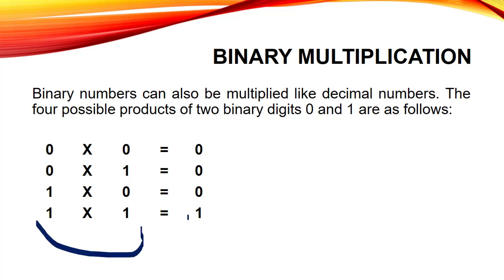Fine. Next we have 1 multiplied by 1. This 1 multiplied by 1 will give a result of 1. Fine. So only in this step will we get a result of 1, whereas for the remaining 3 our result will be 0. Fine. Now let's do some questions. Well, this time I am not using a paper and pen. Because of some technical issue, we are discussing these questions with the help of a PPT where I have already solved these questions, and I will explain everything in detail.